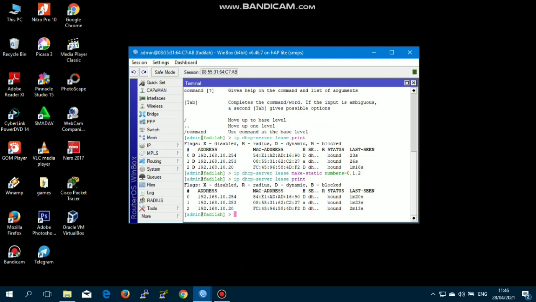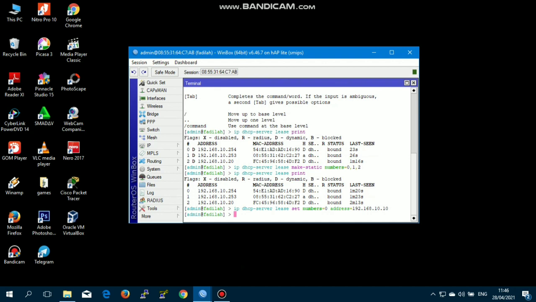Next, we change each device IP address statically with the command IP DHCP server lease set numbers 0 address 192.168.10.10.